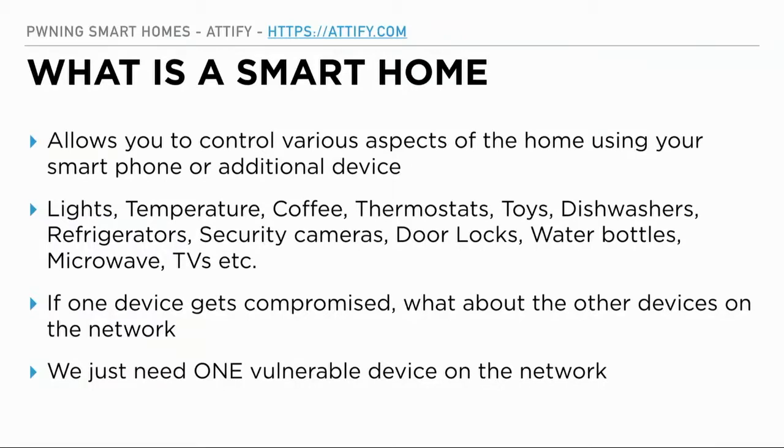So you look at yourself in the mirror. If you look good, you just tap the button on your phone and the smart mirror will click a picture of you. And then you have these smart toys for babies, smart TVs, pretty much everyone has a microwave and all of that.